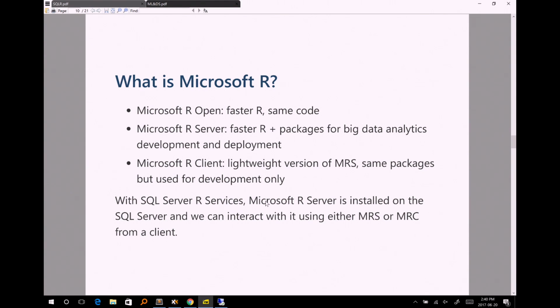R also had other limitations. It was single-threaded, for example. So Revolution Analytics took R, tried to make some changes to it, and also contributed packages that would do big data analysis. Since the acquisition by Microsoft, one of the biggest changes, and one that people are the most excited about, is the SQL integration. This is what we're going to talk about today. But just briefly, first of all, we have 3 different flavors of Microsoft R. First, we have Microsoft R Open.